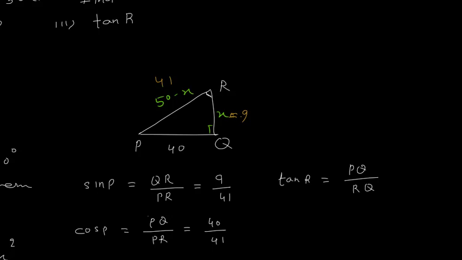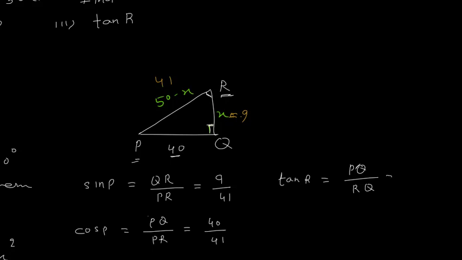Now I hope you have no problem in identifying opposite side or perpendicular, adjacent side and hypotenuse. Last time I discussed that in triangle PQR, angle Q is 90 degrees. So leave this Q, what you get is PR, so PR will be your hypotenuse. Then for each angle, like for angle R, one side is adjacent and one is hypotenuse, which originates from R. So RQ is the adjacent side to angle R. Similarly for angle P, the adjacent side will be PQ. So one side is hypotenuse and the other side is adjacent, and whatever is remaining is your opposite side.